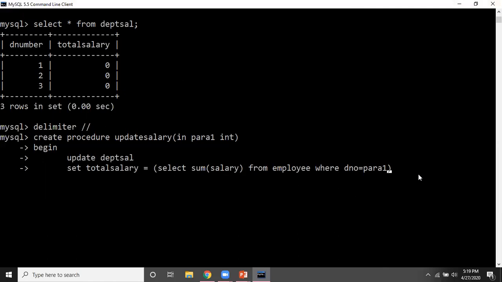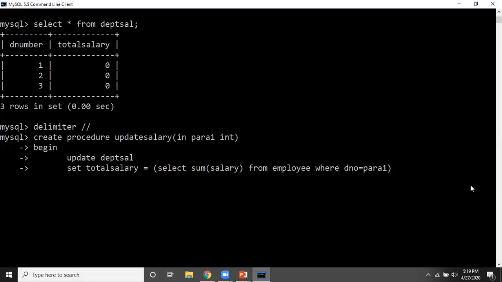So it will select the salary and find the sum from the employee table where the department number matches the number which we are passing for this procedure. At the time of calling this procedure, the value which I pass is caught by PARA1, this parameter 1, and it will equate that with a department number, and for that particular department it will compute the salary. So this is the internal query.